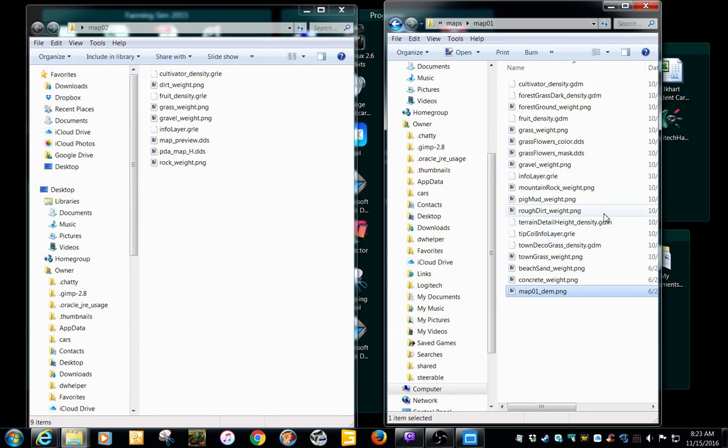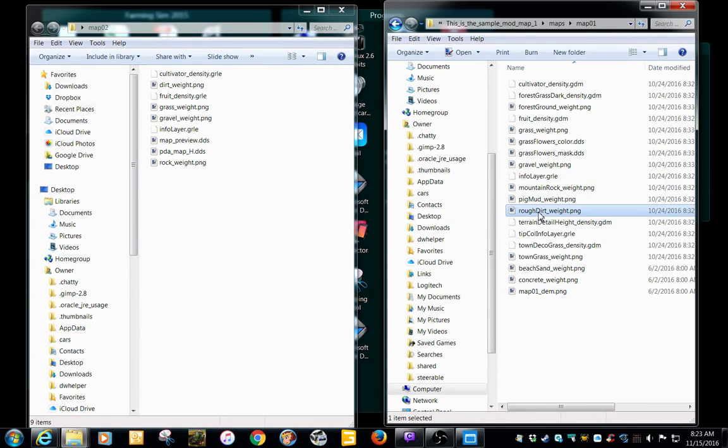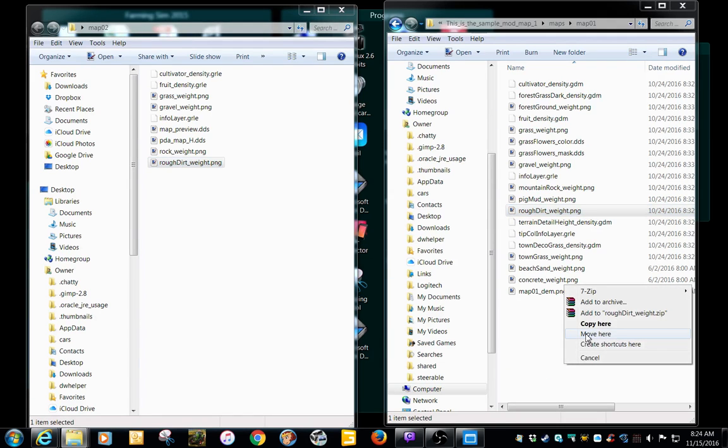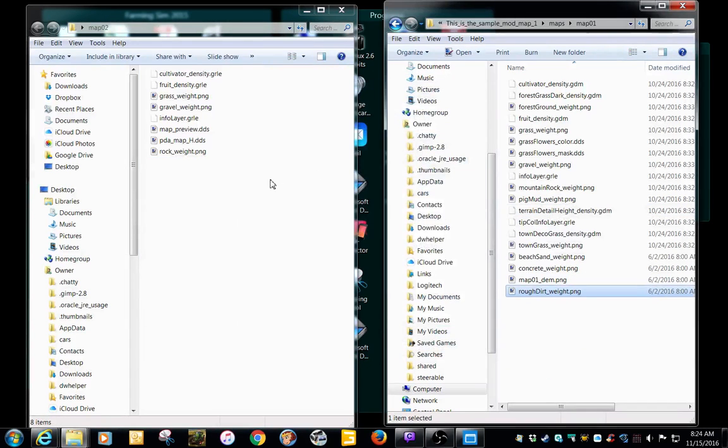And here we go, rough dirt weight. So we're going to copy this guy. Paste. Move. We're getting there. Forest ground weight. This would probably be for if you're going to try to pull in Bjornholm, but there's not really any forest to speak of in